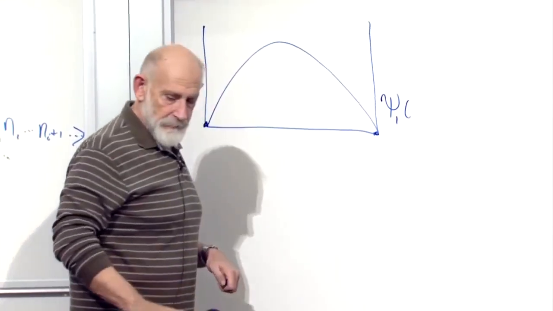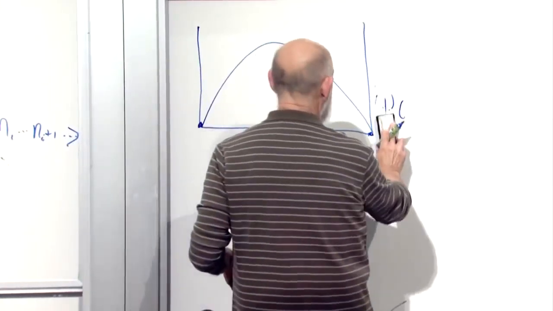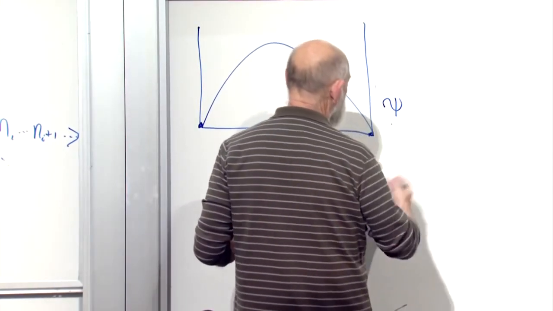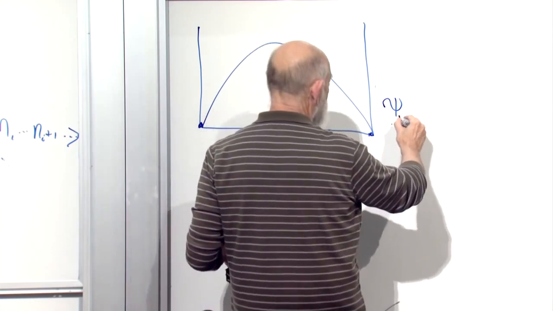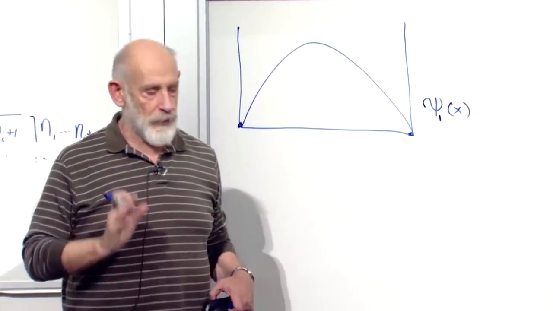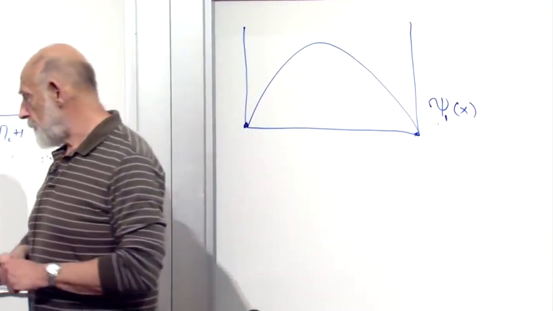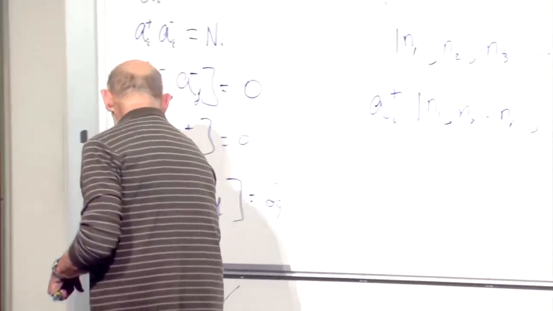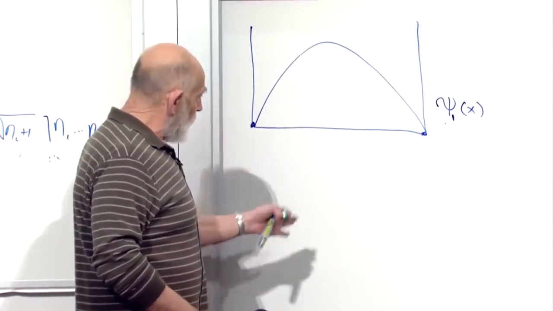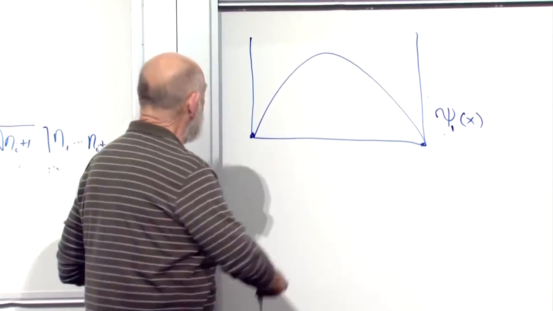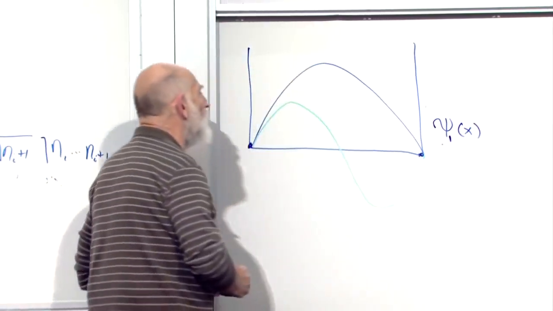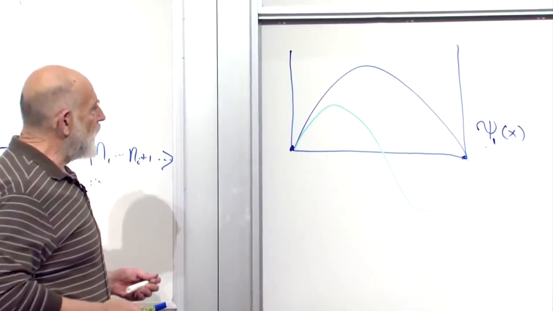This should be little psi. Just make sure it's little psi. It's just a wave function of a one-particle system in a box. Psi 1 of x. What does the 1 represent? Just that it's the first energy level, the lowest energy level. What about the next energy level? The next energy level is some other wave function. And as you go up in energy, the wave functions tend to be more variable. The next one would have a node, like that. We can call that psi 2 of x.